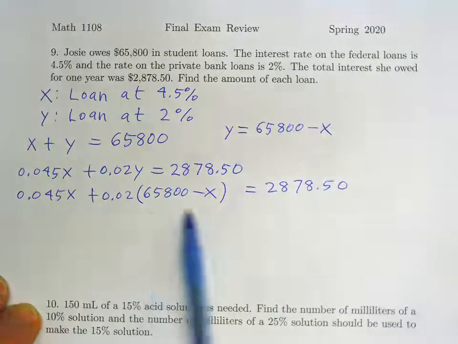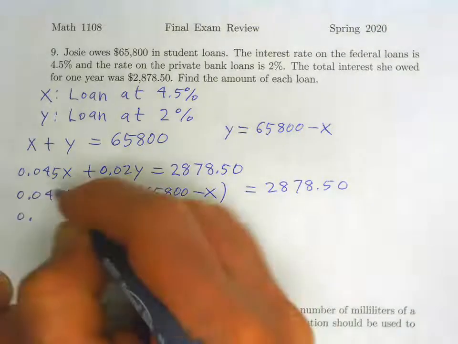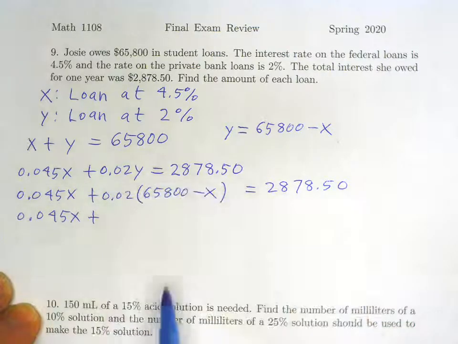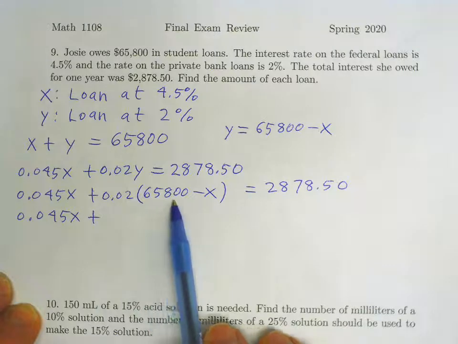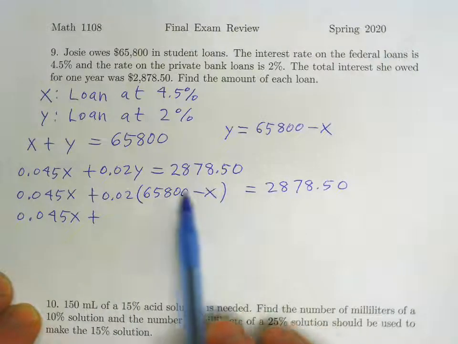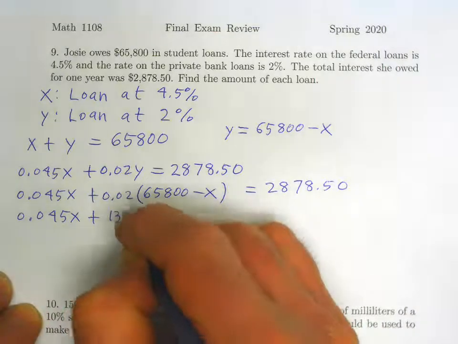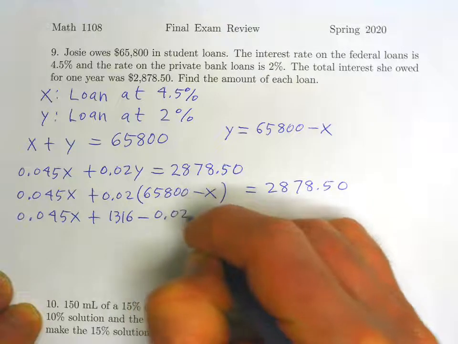So we'll just solve this equation for X. So 0.045X, and then we multiply 0.02 times 65,800. That's just going to be 1,316, and then minus 0.02X equals